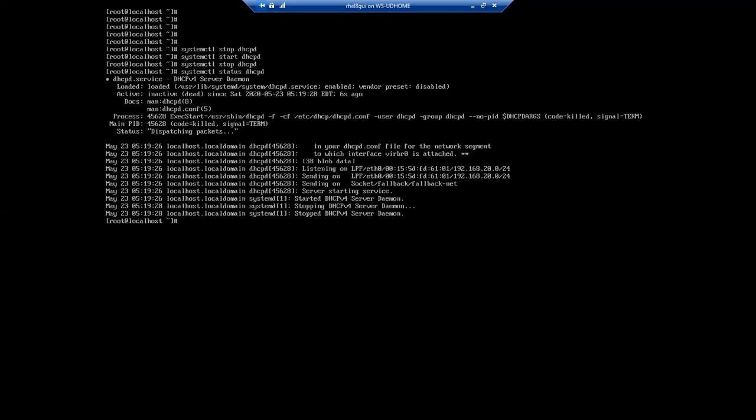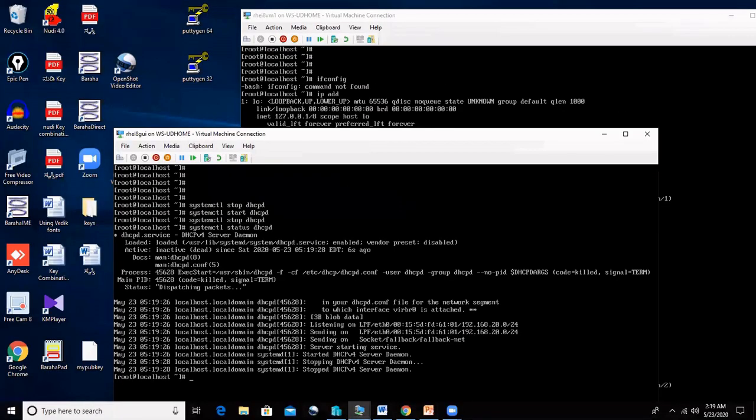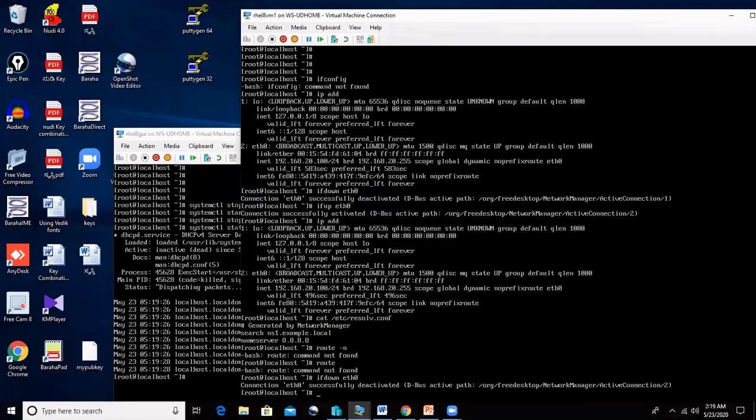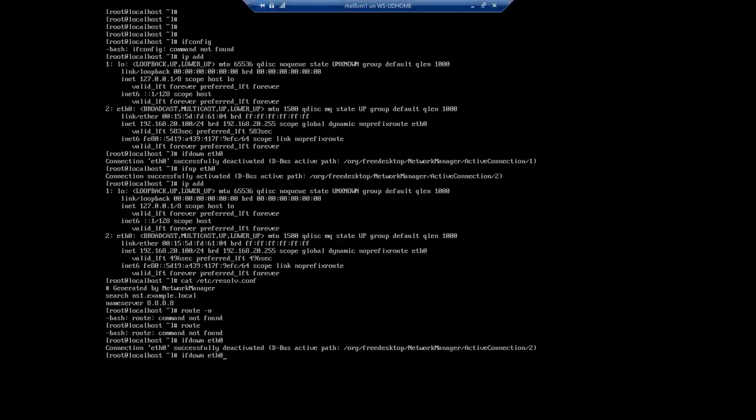Okay, now in the client machine you can say ifup, and you will not get the IP address from the DHCP server.